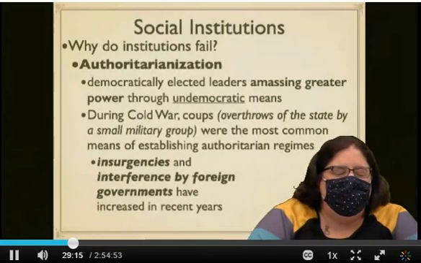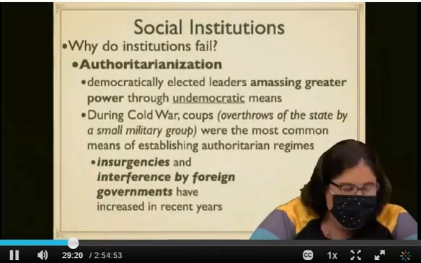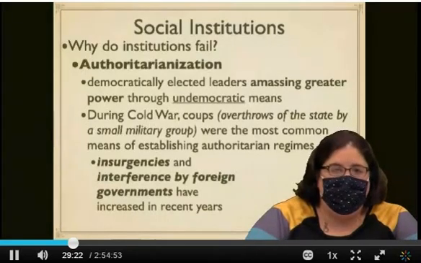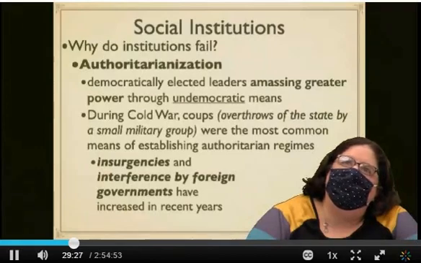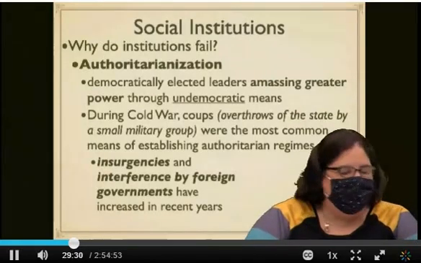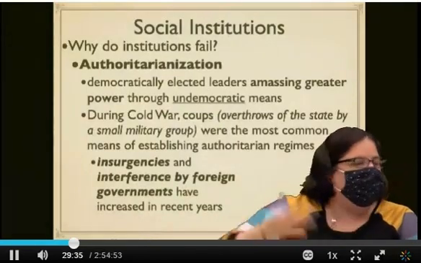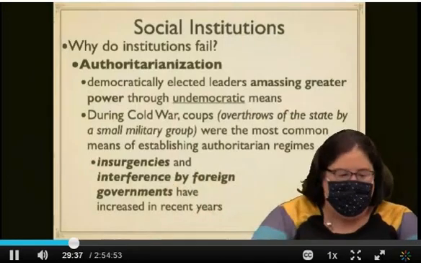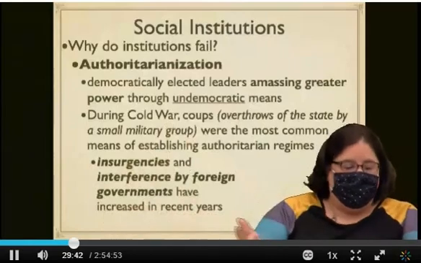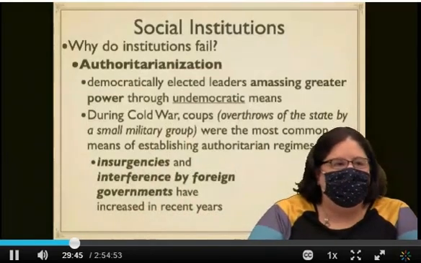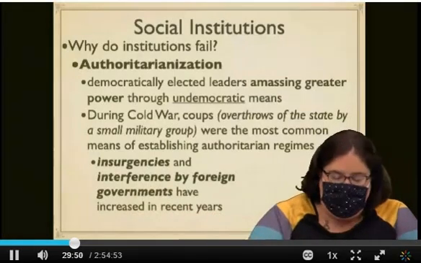I mentioned Venezuela before. Hugo Chavez is an example, right, of someone who took control in a country. Actually, well, you know what? Originally, it was a coup, I think, that installed him. But since then, he has used interference from China and Russia to bolster his power in that country. Anyway, does that make sense? Questions about what authoritarianism is, or how it can be created in a society?